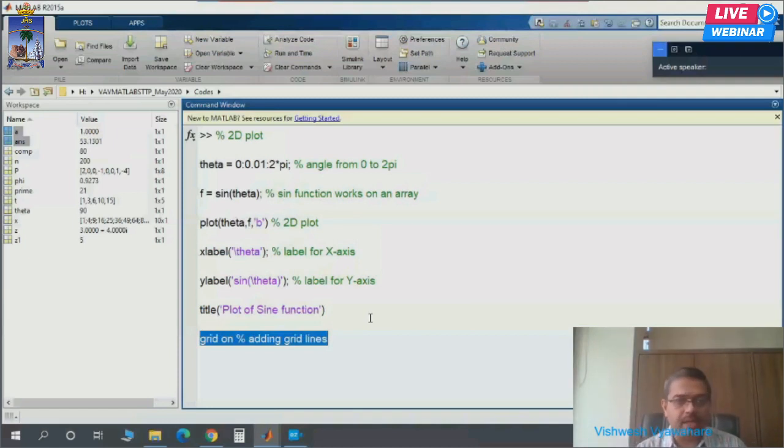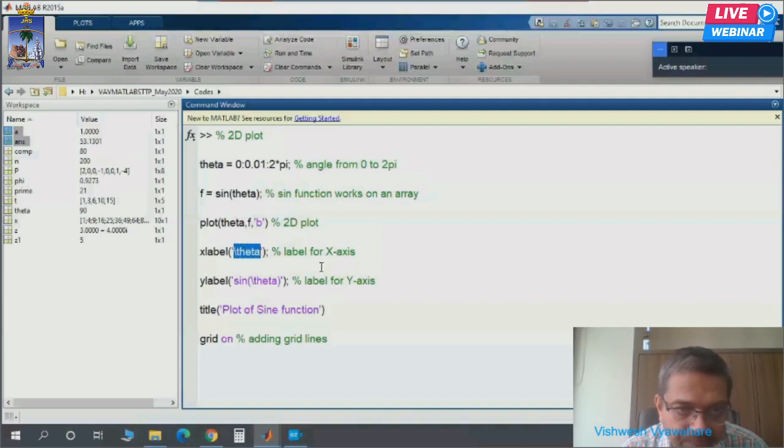Now here, those who have been using LaTeX software to write their reports or papers will easily recognize this slash theta. Because I don't want the word theta to be written there, I want that Greek letter theta to come there. So you can directly use these LaTeX commands and add such symbols to your plot.